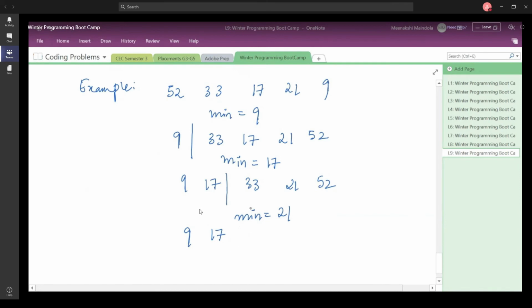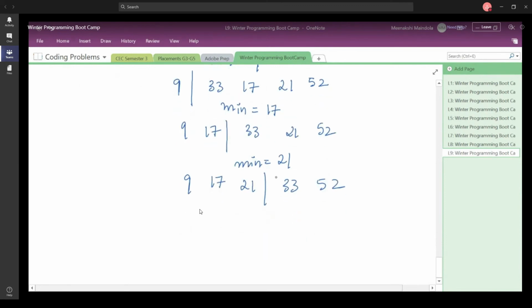So you say 17 and then you have 21, 33 here and 52. Okay. So this part of the array is now sorted. Again, you find out the minimum. Minimum here is 33. 33 is already at its correct position. So the final array that you have in the sorted form is going to be this, right?